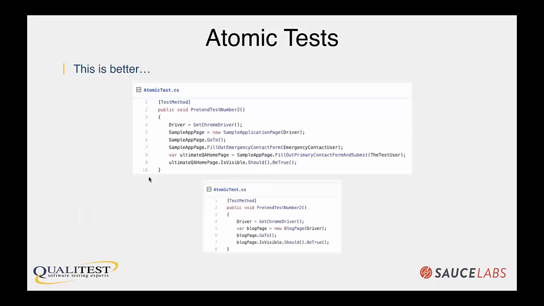So here is how you can better create the atomic tests. So take a look here. I took the test that we had previously and split it up into 2 tests. So now you can see we have our sample application page, and actually these are 2 different tests, but it's still kind of similar. So you can see that here we're using the Ultimate QA homepage, and we're checking that it's visible, and boom, that's it. That is the test case. There's a single assertion in there, and that is the functionality that we're testing. There is no other functionality that's being checked in here, and if this fails, then we know that our Ultimate QA homepage is not visible.